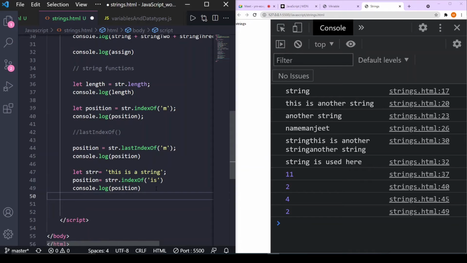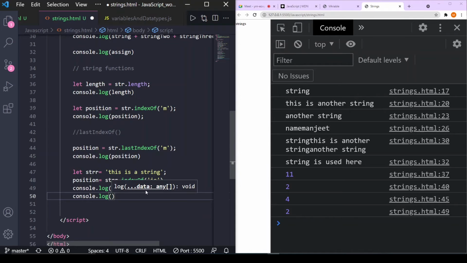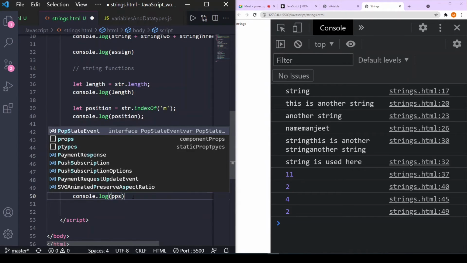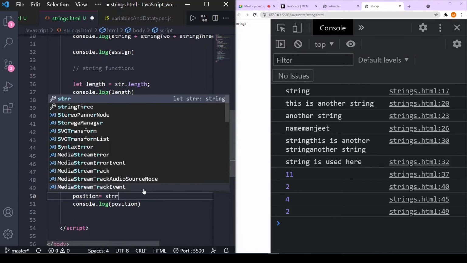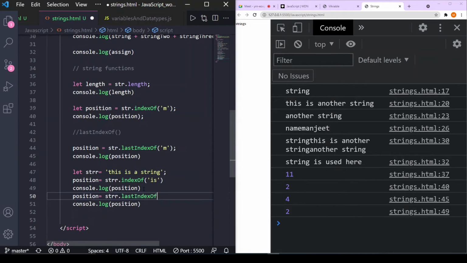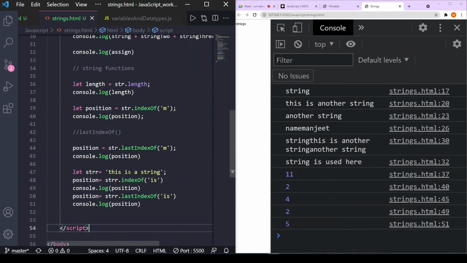And if we use lastIndexOf, like console dot log position, and let's redefine the position: position equals strr dot lastIndexOf is, let's see what will happen. So it was 5. If we check this, 5 is the second time it starts: 0, 1, 2, 3, 4, 5.